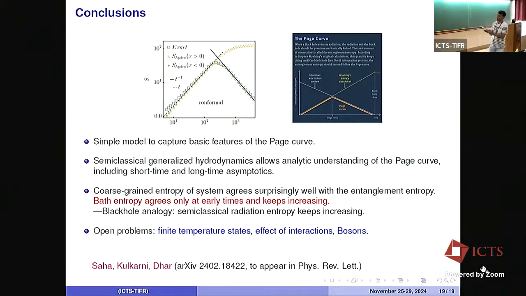thermal entropy part. Okay, some interesting problems that we are currently looking at is, so here we focused on just the initial state is a 0 temperature state. But like looking at finite temperature states, we expect that things will be quite different. And then what is the effect of interactions? And the other interesting problem is looking at bosons. With bosons, one difficulty is that to create this kind of Gaussian states is slightly more challenging.